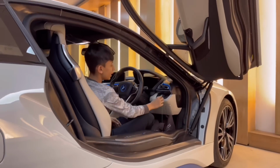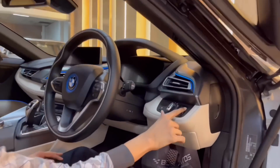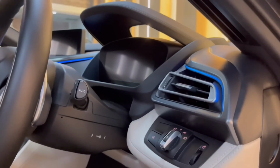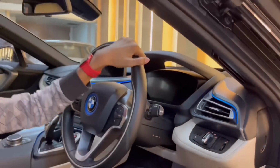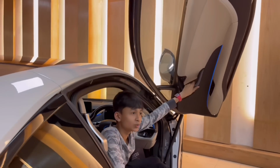And you have the headlight controls right here with the brightness of the RPM and the fog, with the AC vent with the ambient lighting. This is the thing that I didn't show you yet. Now let's show you the door. Actually the door is upward, so it's going to be a little bit of problem to show you guys, but